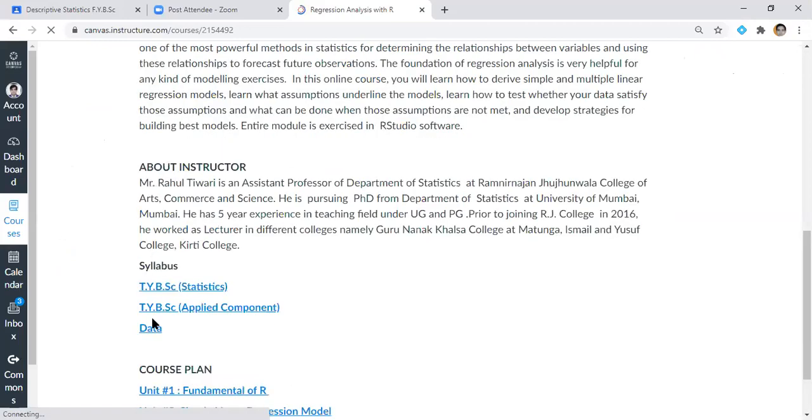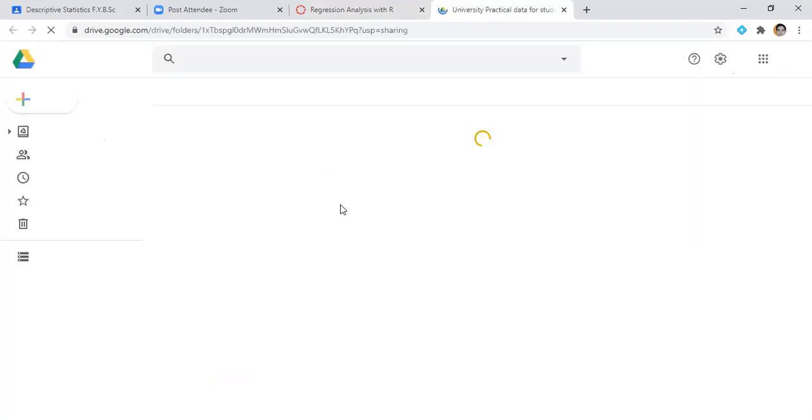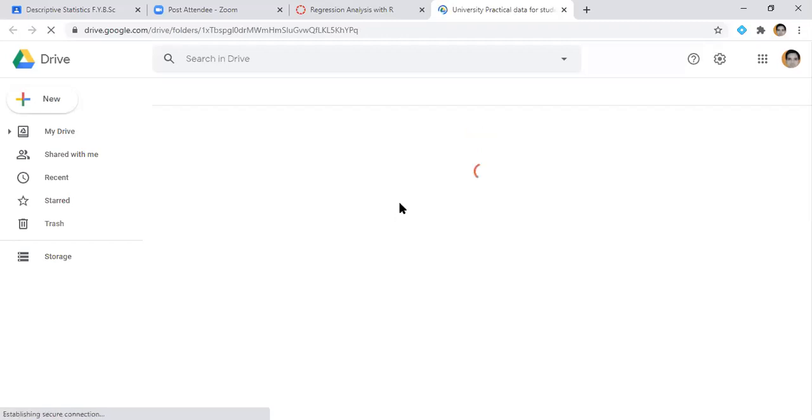Once you click on data, a new tab will automatically open, and you will be redirected directly to the drive, where you can access all the files directly.